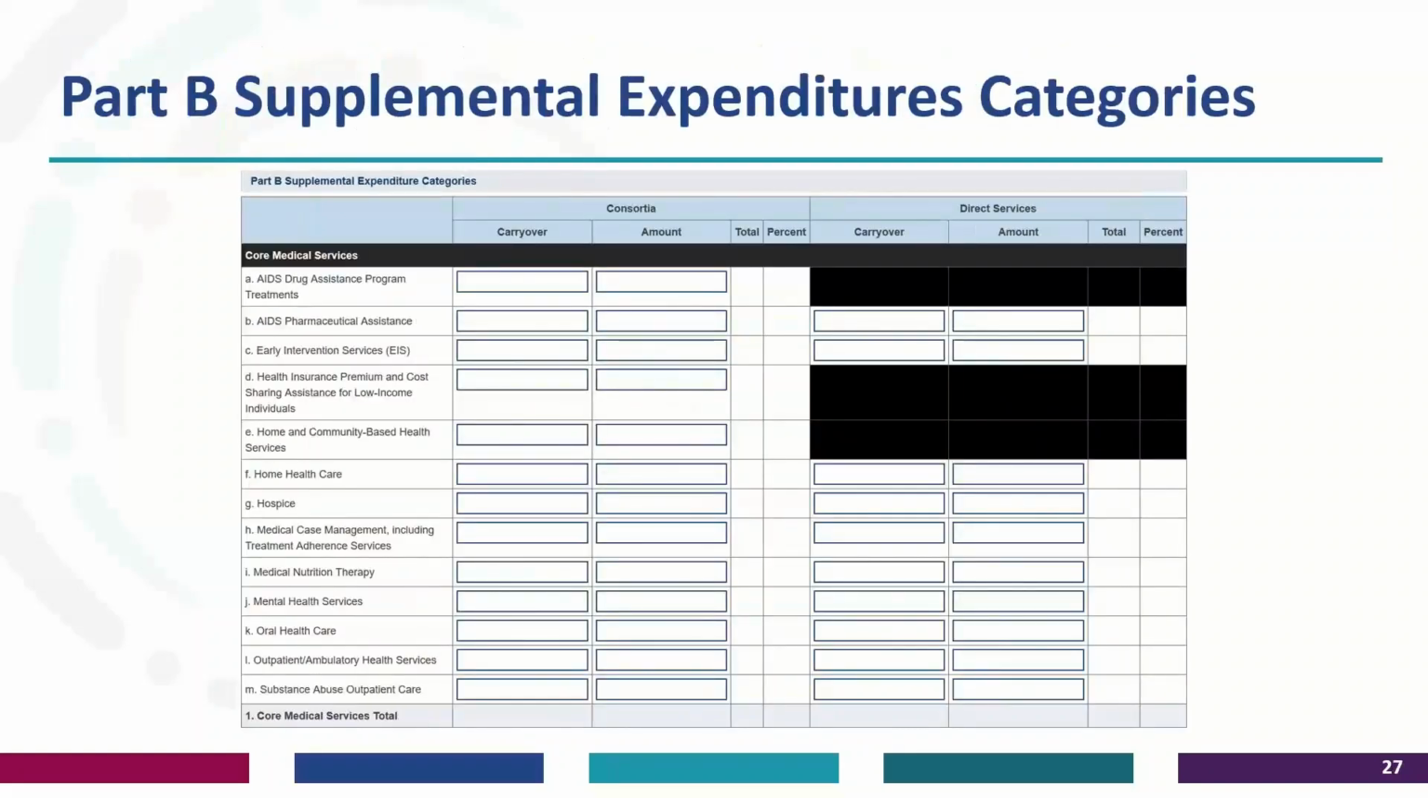So the last section of the Part B supplemental expenditures report is the Part B supplemental expenditure categories, which includes the core medical and support services. For this section, you will enter the amount expended towards each service category for the two funding sources, which are